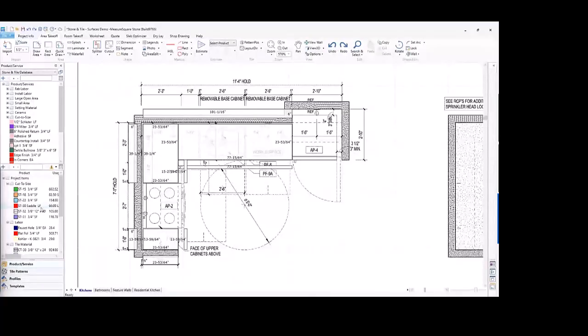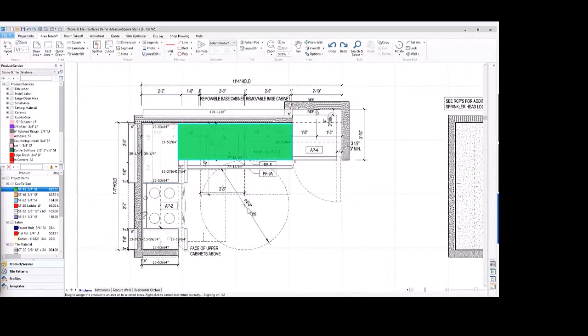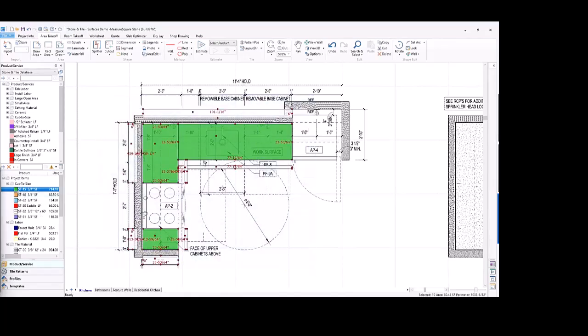Okay, so now for my ST15 stone, to assign it to this countertop, all I'm going to do is just drag and drop it into my countertop areas, like this. Now, since I do have a couple of different pieces here, I can select all of these pieces and simply drag and drop it into one of them, and then it'll apply that ST15 stone to every single piece of my countertop,